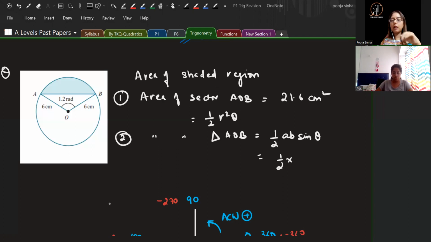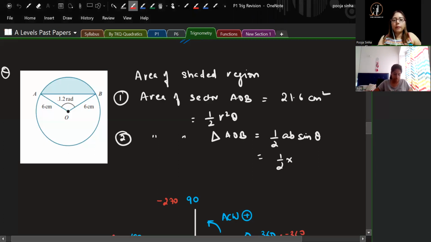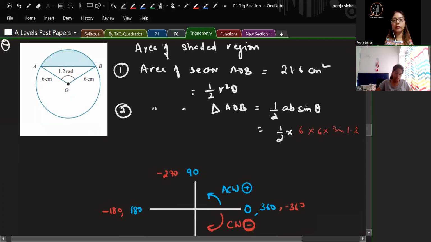Suppose you have a triangle, its area is half base into height. But if I do not have the height in this case, either I find out the height, but that much work is not needed because here I have A, I have B, and I have the included angle. I straight away use half AB sine theta. A and B are any two sides, and theta is the angle between them. So here the two sides are 6 into 6, and theta is 1.2. So I got the answer as